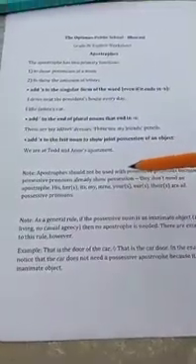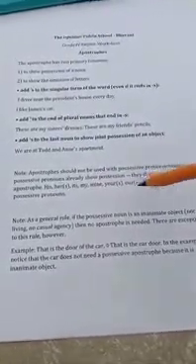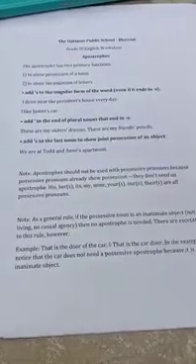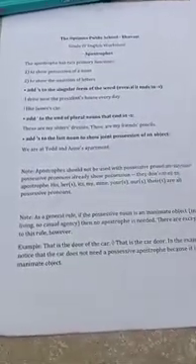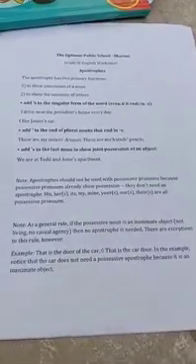Here you should note that an apostrophe should not be used with possessive pronouns, because possessive pronouns already show possession. Do you know what the possessive pronouns are? His, hers, its, mine, yours, ours, theirs. These are possessive pronouns. For these possessive pronouns, you should not use an apostrophe. That's why in a formal or informal letter, in the complimentary close, you should not use apostrophe s. Yours lovingly, yours faithfully. We should not use an apostrophe because that is a possessive pronoun.